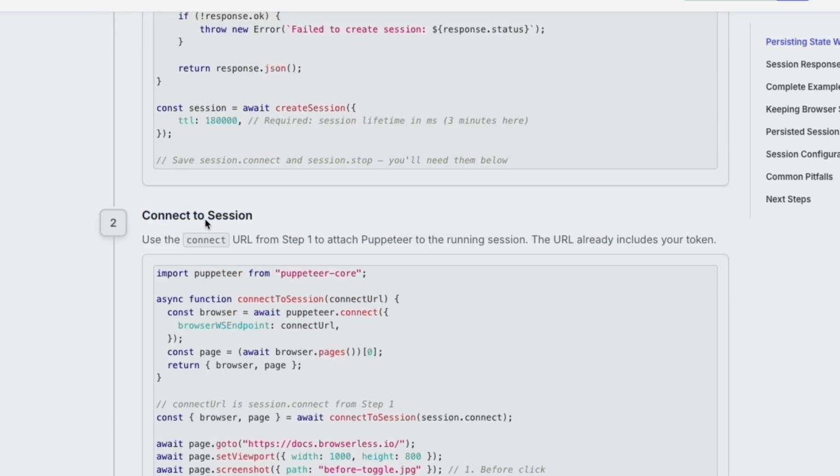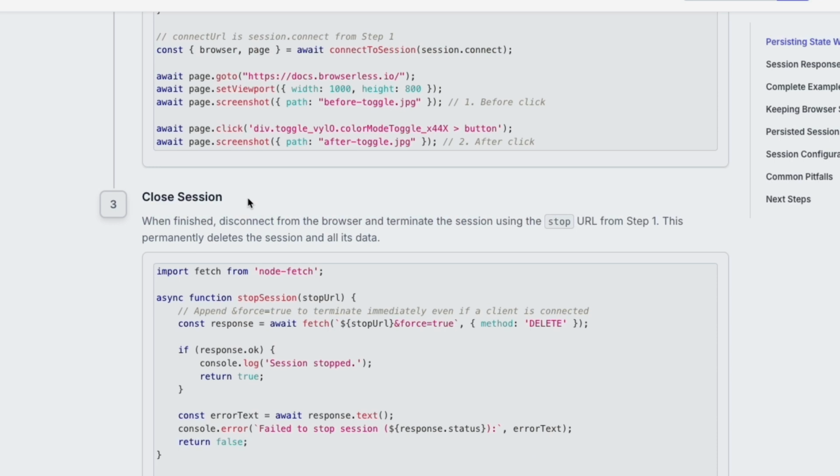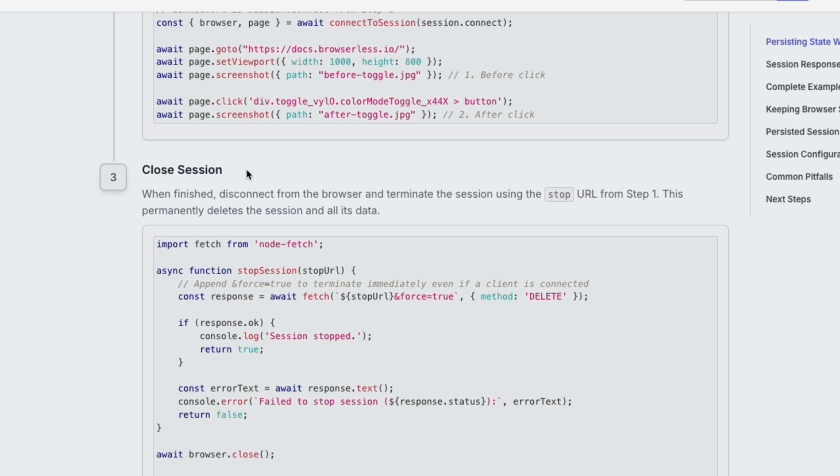Step 2, connect to the session. Since step 1 gives you a connect URL, you can use that as a browser WebSocket endpoint, and just do your automation normally. Step 3 is to close a session. Once you're finished, you can keep disconnecting or closing the browser, and the browser state will be persisted on the